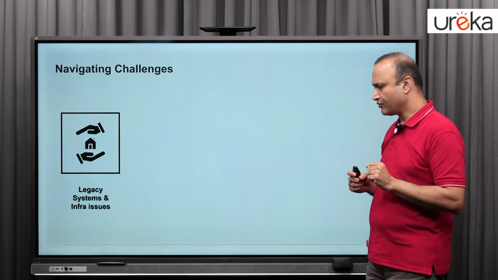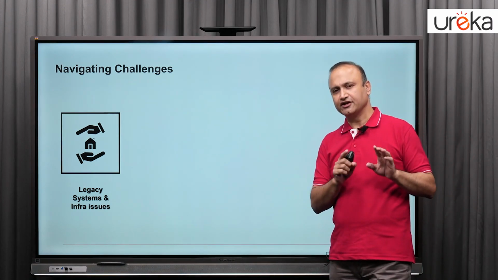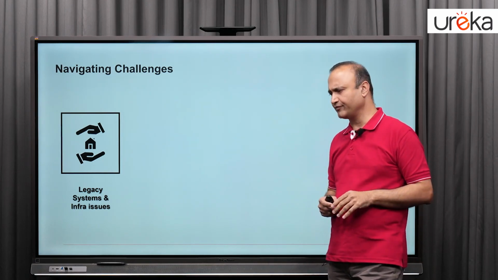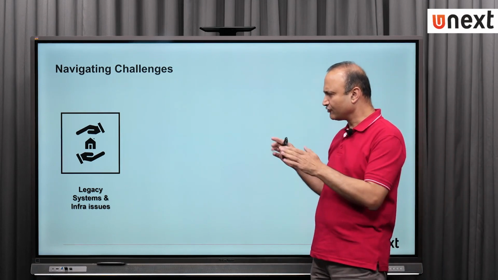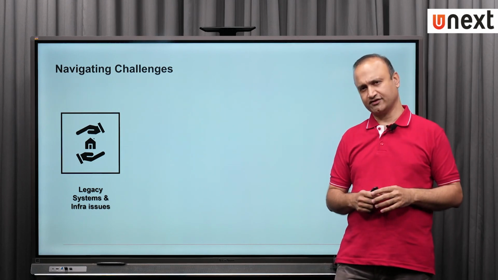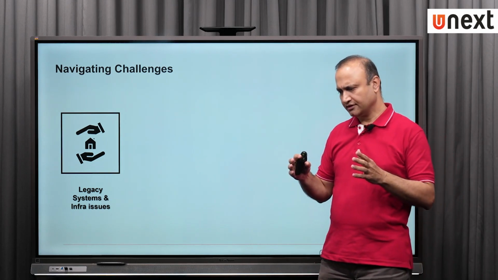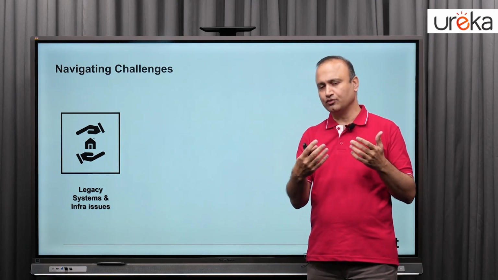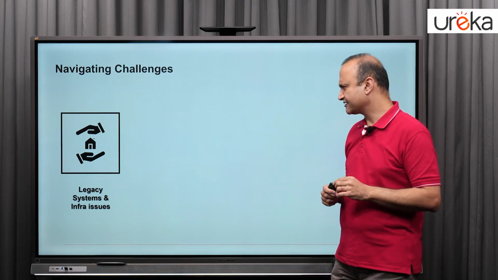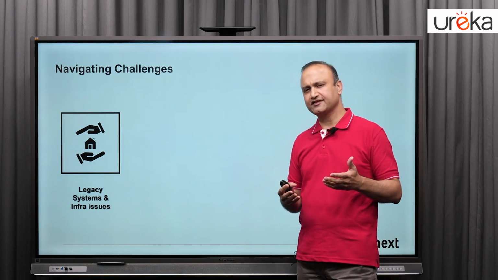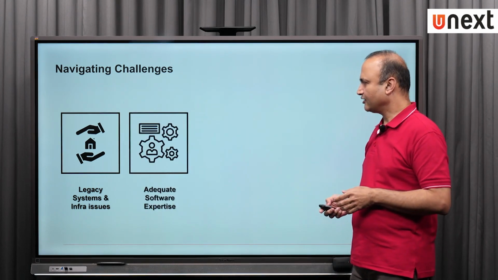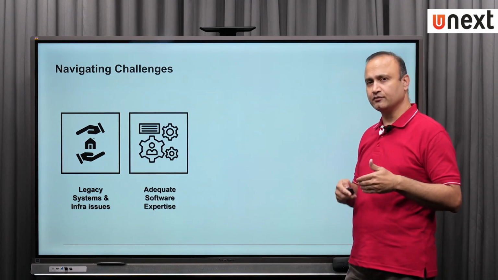However, for organizations which have their roots in the traditional approach and have been around for a long time, one of the key things is that they have to worry about integrating legacy systems and infrastructures with modern systems and infrastructure. So the approach could be new, but they do need to think about how to integrate legacy systems. The challenge with this is that legacy systems have been developed with processes which are more aligned with the traditional approach. So these are some of the challenges which organizations face from a systems perspective.